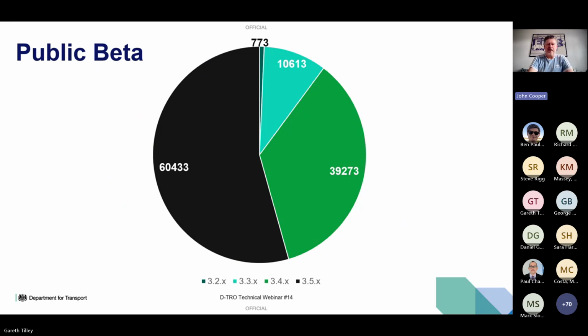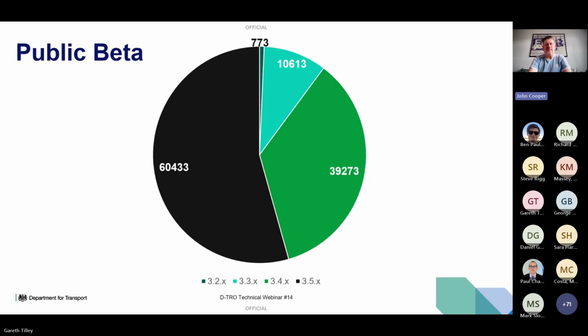You'll see that the largest slice is on version 3.5, which is our latest, and there's 3.51 as well. Second highest is 3.4. As we go backwards through the schema versions, we get progressively fewer orders in the service.